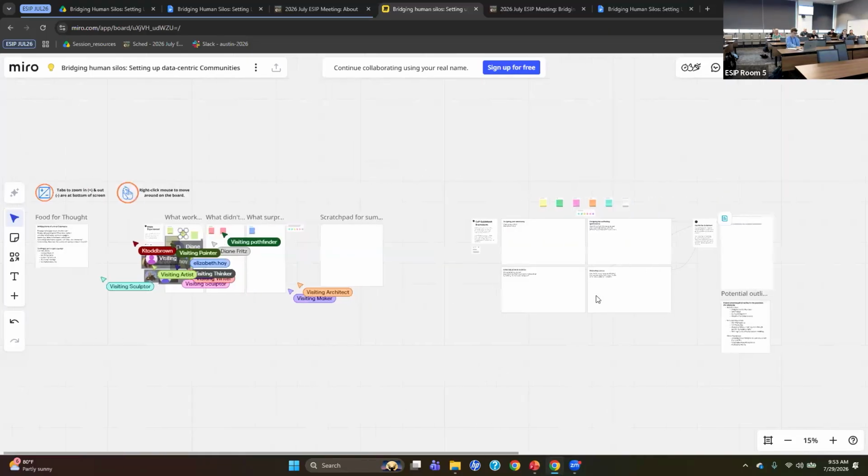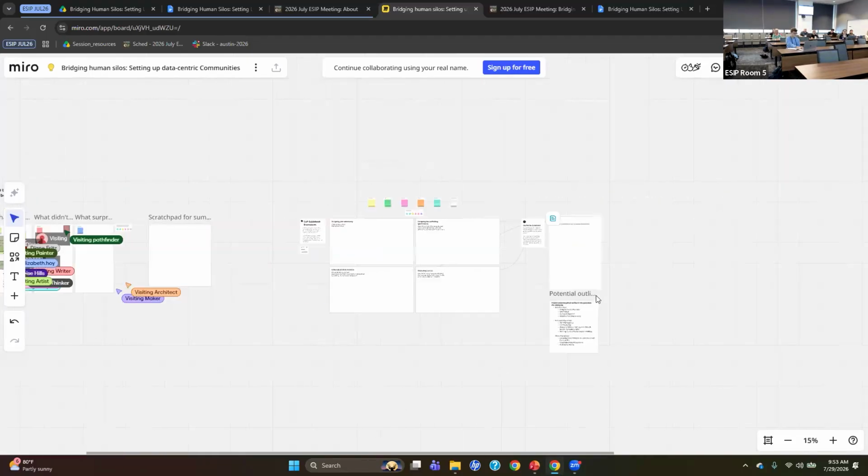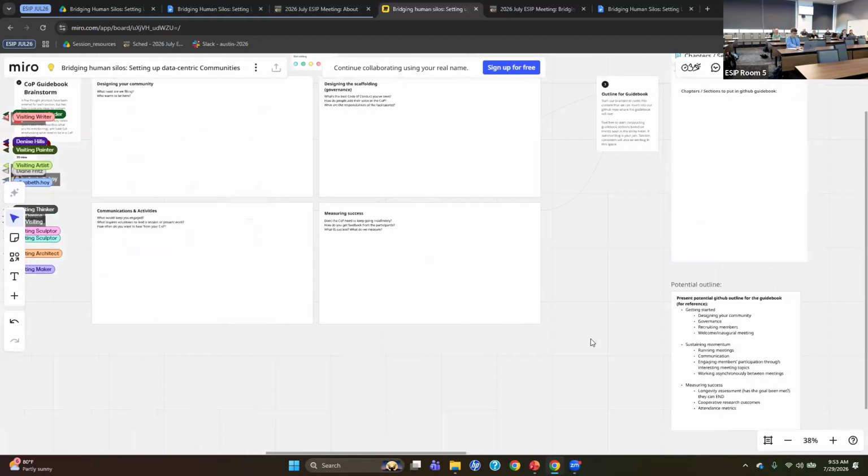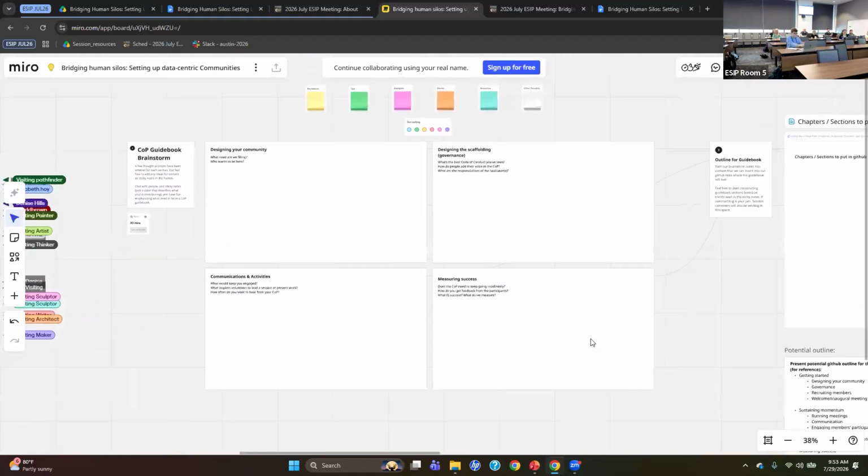And then over here, when we get to it, this will be the second breakout, so not yet. But this is when we break out into groups. And these are the four quadrants that we're going to try to talk about today or have the groups discuss. And the same concept applies. So we have designing your community, governance, community communications, and measuring success. So same framework of using the stickies, putting them in those different quadrants, and then typing into them.